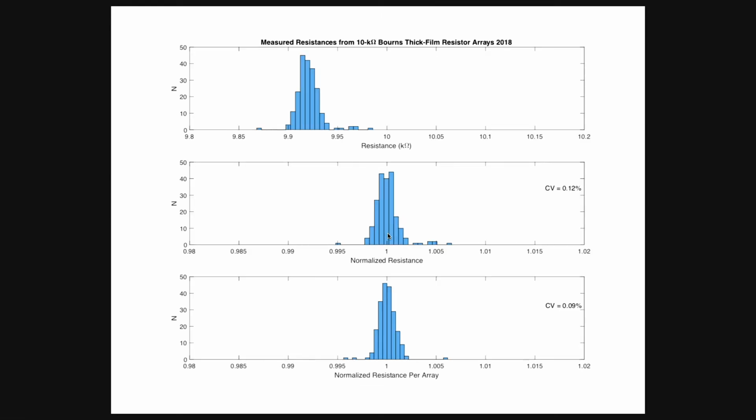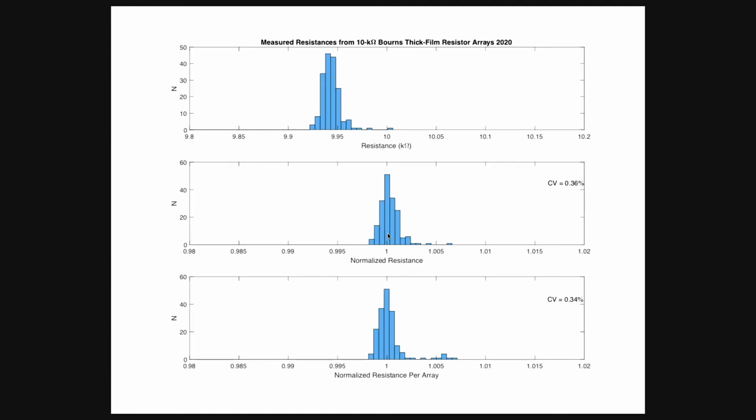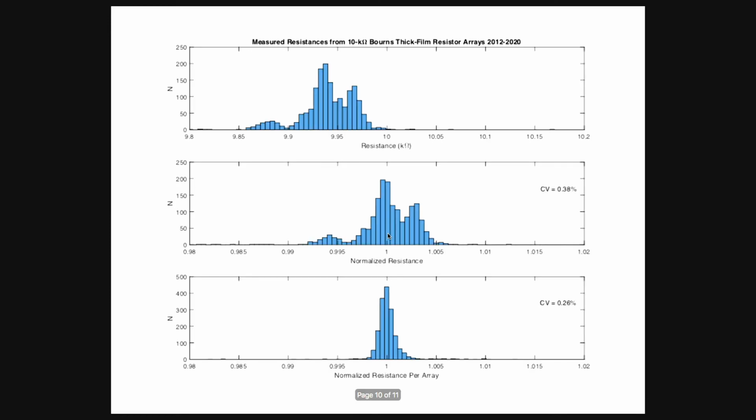This is 2018, same deal. 2019, same deal. 2020, same deal. And so this is basically the whole enchilada. So I just put all the data from all the years in one giant spreadsheet, and I think there were about 1,600 resistor values in this sample. And so you can see, most of the population is kind of in this range,